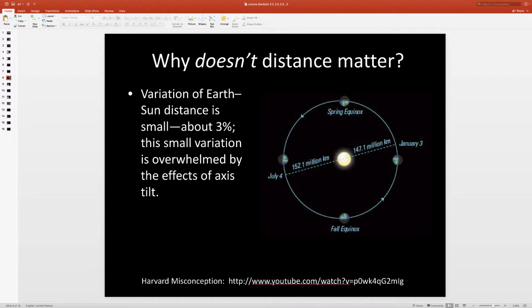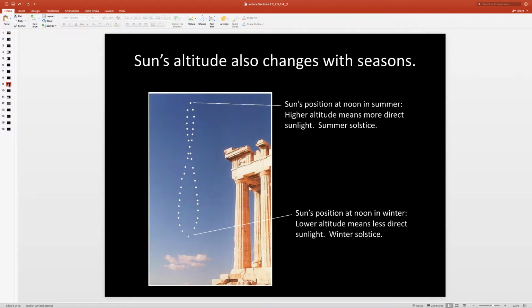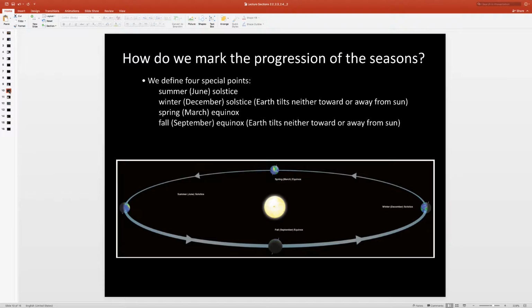Okay, so now we know distance really doesn't play a role, and when you're talking to people about this, you can point out that we're actually closest to the sun in winter, and they can go look that up and verify that. And remember, the tilt causes the sun's position in summer to be at higher altitude and in winter to be at lower altitude, which of course we know does affect the directness of the light. However, there's another effect from that